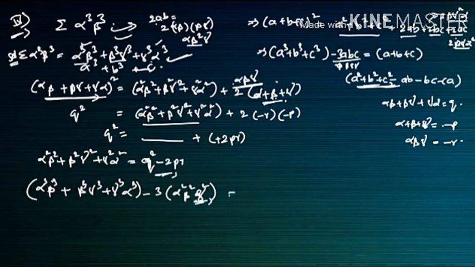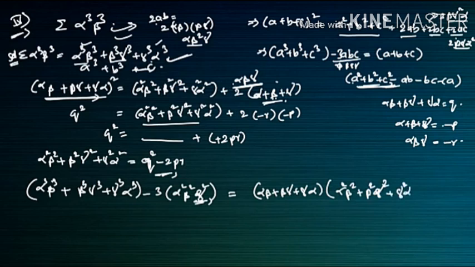here. This one is equal to a plus b plus c, so alpha beta plus beta gamma plus gamma alpha will come here into, so this one alpha square beta square plus beta square gamma square plus gamma square alpha square minus of AB plus BC plus CA. So this value I will write afterwards, after getting the formula.